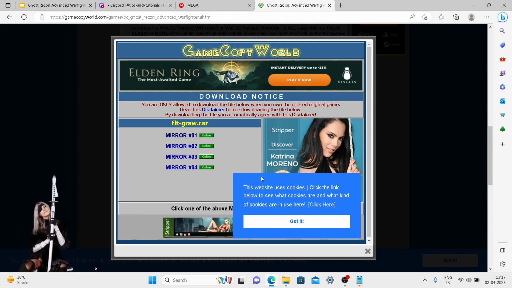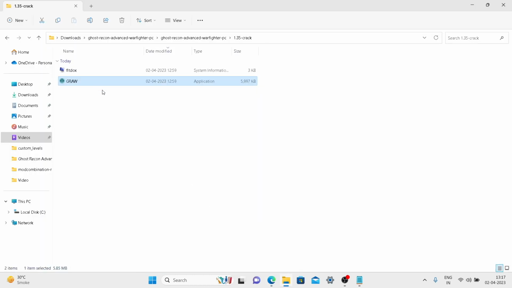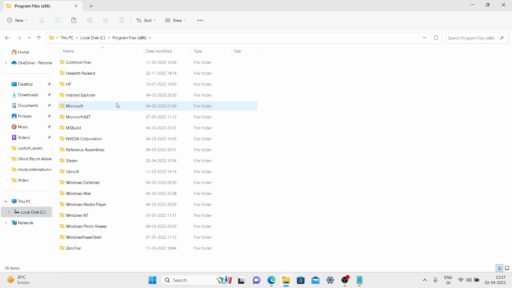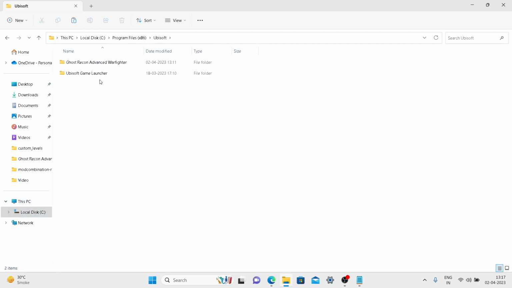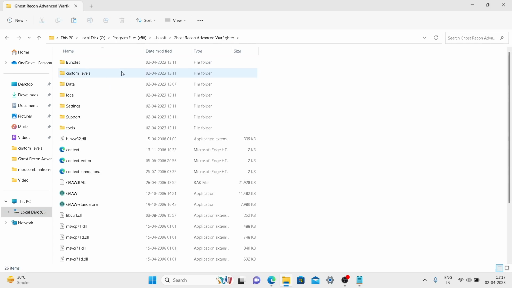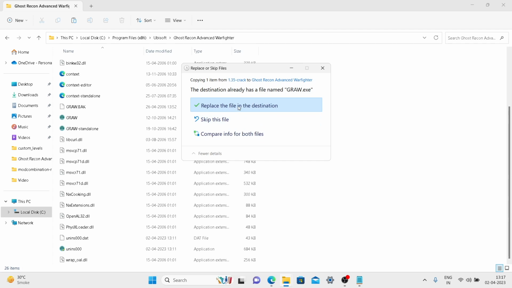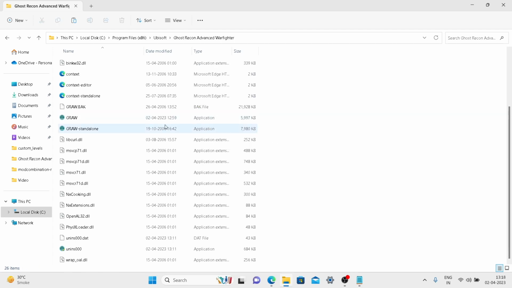So once I close these links, in my case, I'll just go back to this file here after downloading, copy this from that setup folder, go to the folder where I installed the game, which would be C, Program Files, Ubisoft, Ghost Recon Advanced Warfighter here, and I will paste this and click replace, click continue, and that should complete